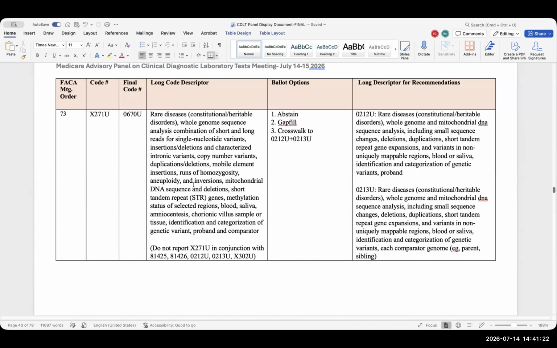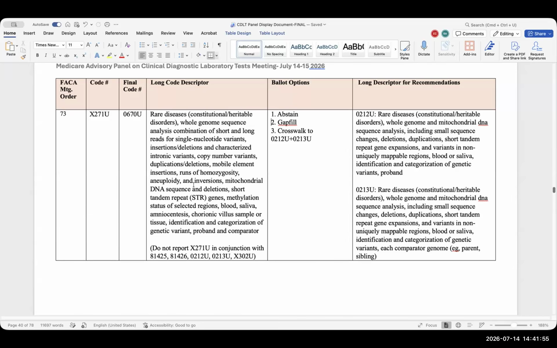Yes, thank you so much for the opportunity to talk and explain that. We have two different platforms. One is a whole genome short reads analysis, and for that we ask for specific codes. The other platform is short and long reads whole genome analysis. So it's two sequencing methodologies, one short reads and one long reads, and combined together, we allow better detection of the genome and getting more information.